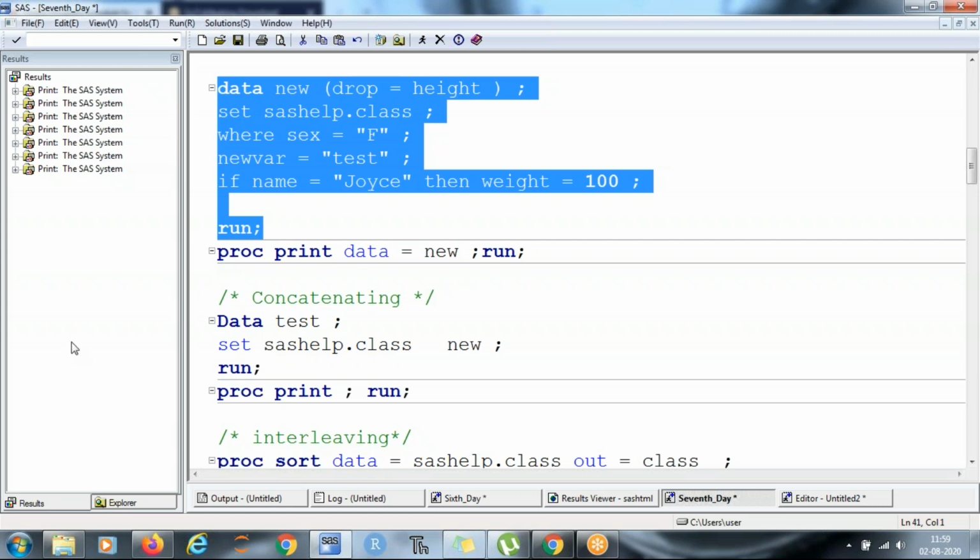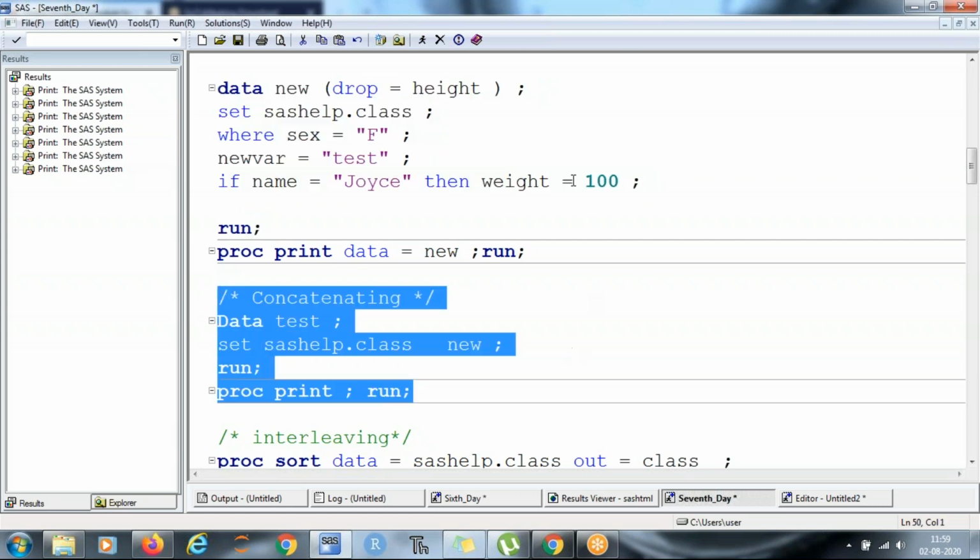Okay, now this is concatenation, where we put one data on top of the other. Now there is another method known as interleaving.